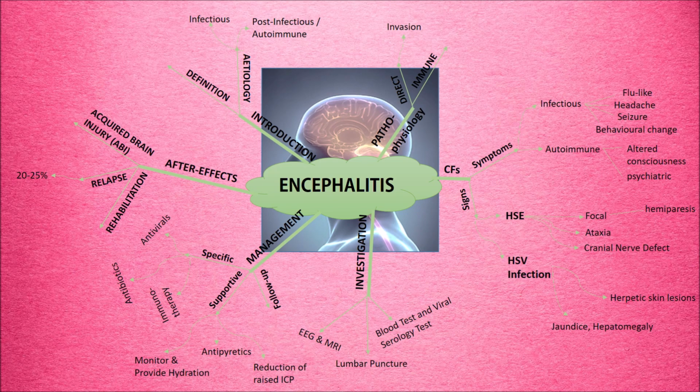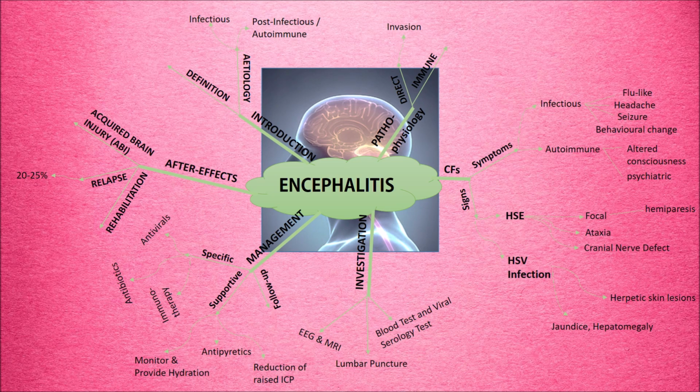Now we move on to the etiology. Before we go into the etiology, I'd like to explain that there are two types of encephalitis, which can be infectious encephalitis or non-infectious encephalitis. Infectious encephalitis is basically encephalitis caused by organisms such as viruses, bacteria, or other organisms, which can be fungal or TB. But the most common organism that can cause encephalitis is viral, followed by bacteria.